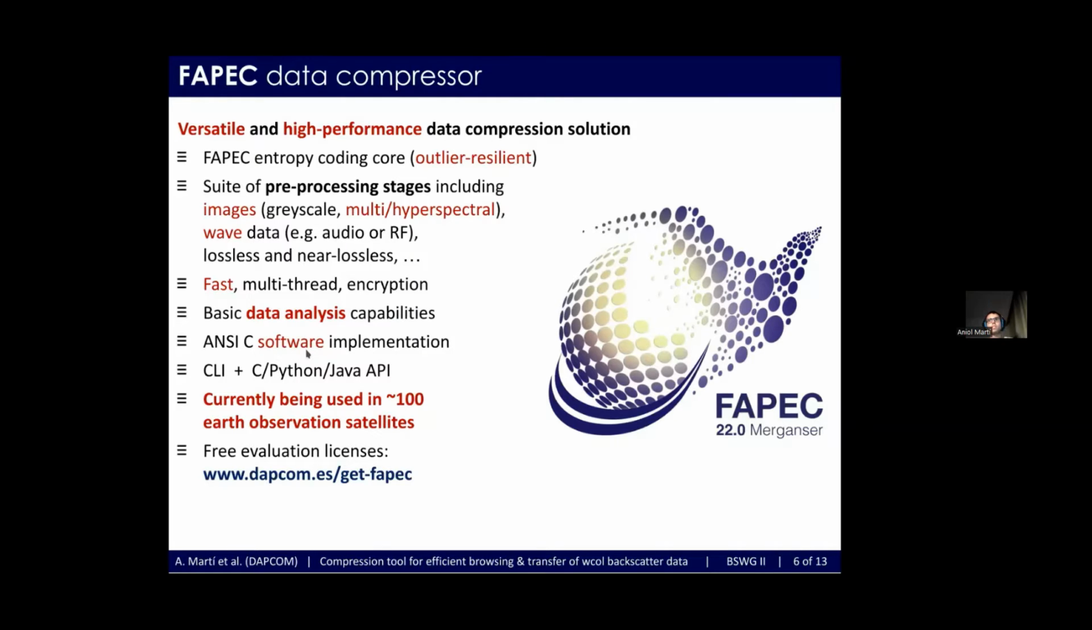This is quite interesting because both the CubeSats and the AUVs run on ARM hardware, and well, C works well with all the hardware. FAPEC can be used either through the terminal or using an API, which can be either a native C API, a Java API, or a Python wrapper that we already offer. And currently it's operative. It runs on 100 satellites, and you can download it from here to test it